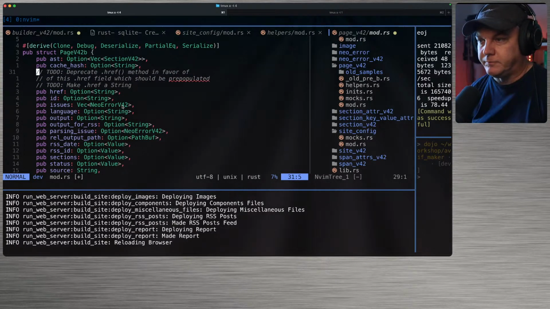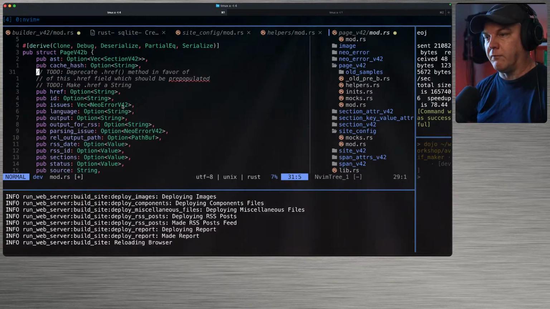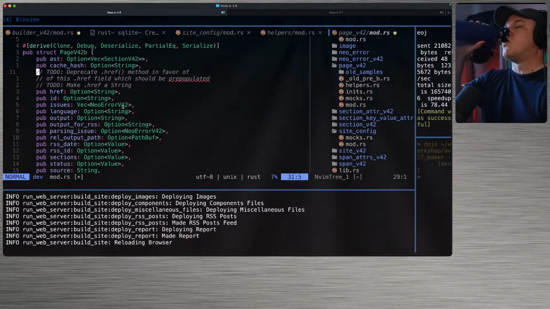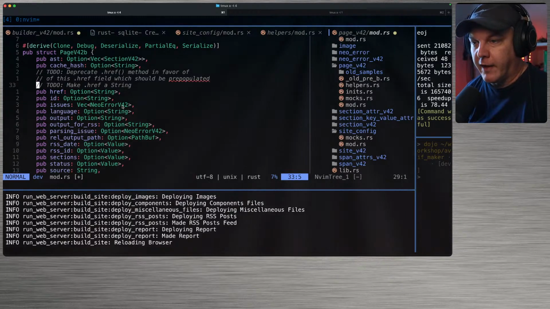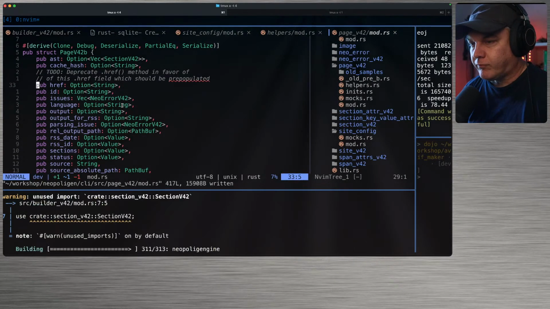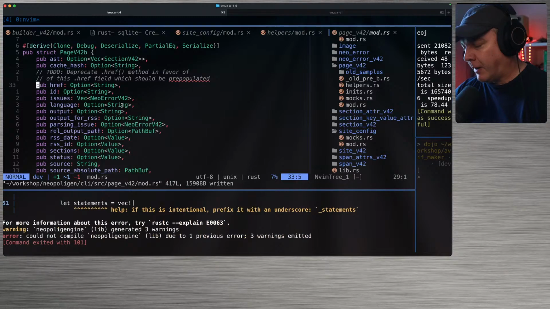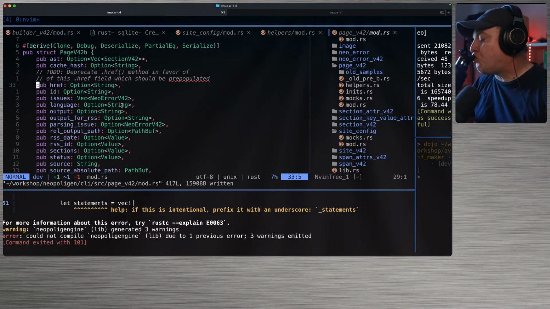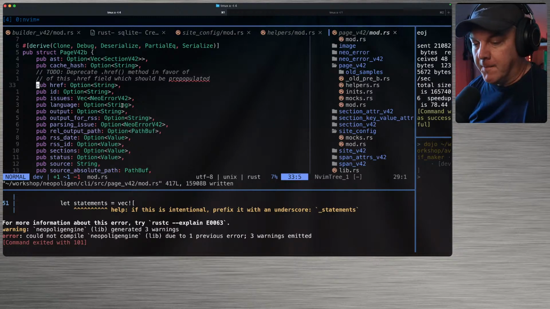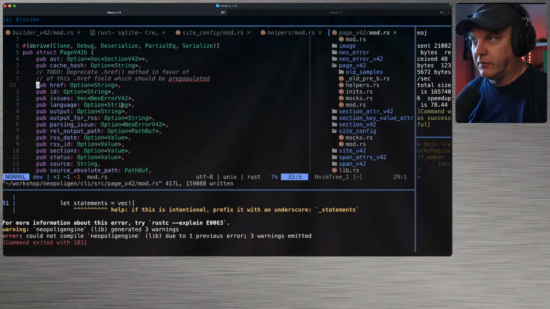Deprecate .href in favor of this .href field. Make href a string. Okay, we did that. Stuff is kind of all over the place with this. I've been back and forth. One of the biggest things with this is